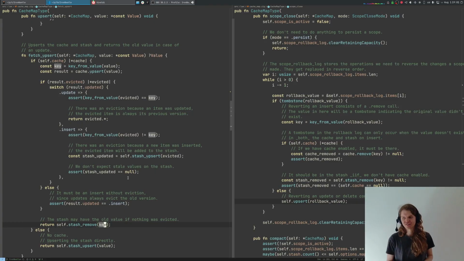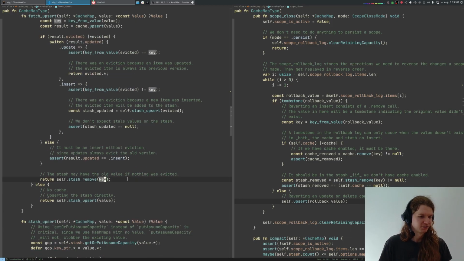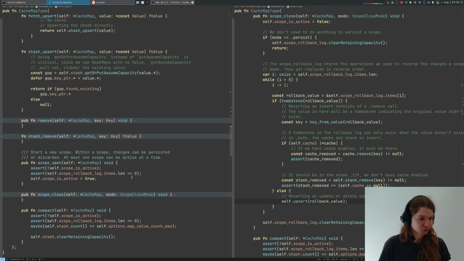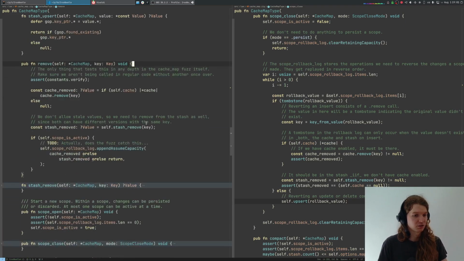Again, there are slightly 3 different cases where you have stash, cache, and scopes, and it's slightly hard to wrap your head around this code immediately. But if you spend 15 minutes meditating about it, you realize that it's probably correct. Okay, so let's say that we've dealt with fetch, which I think was actually the